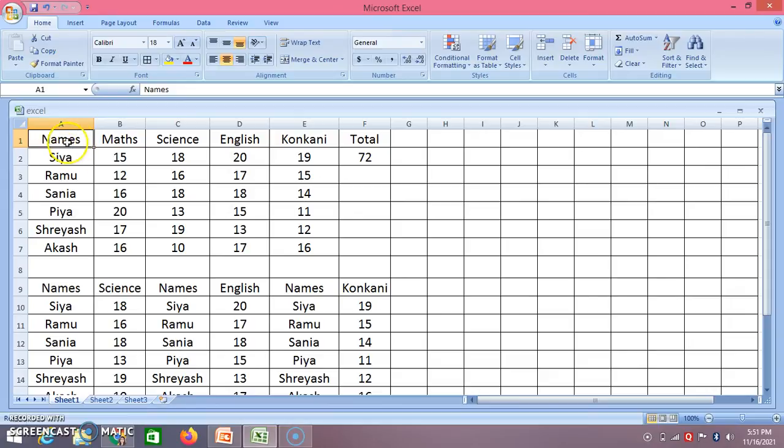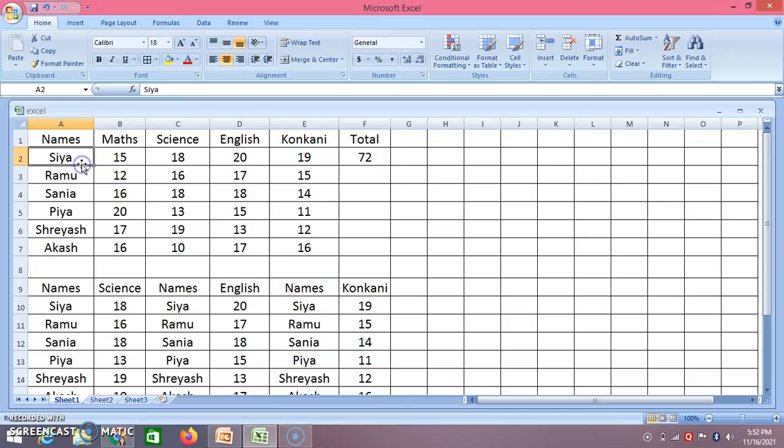I have written the names. You can fill in any sort of data. I have taken the names of the students, and I have written the subject names, that is maths, science, English, Konkani, and the marks that the student has obtained in that particular subject.